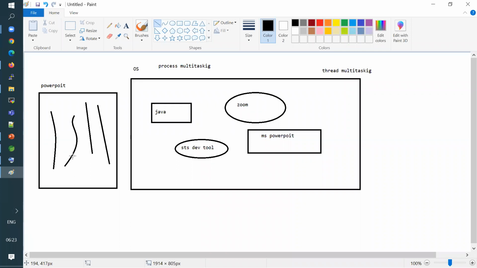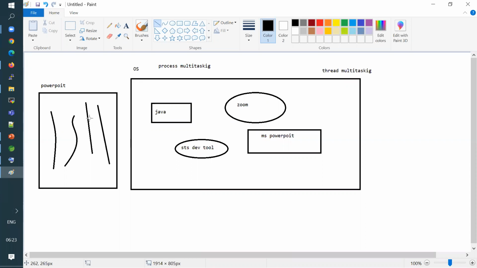But what if you have only one processor and you still want to handle both things efficiently, right? With one processor in hand, how can you ensure that multiple threads within a process are executed concurrently? How can thread-based multitasking be achieved in the case of a single processor?